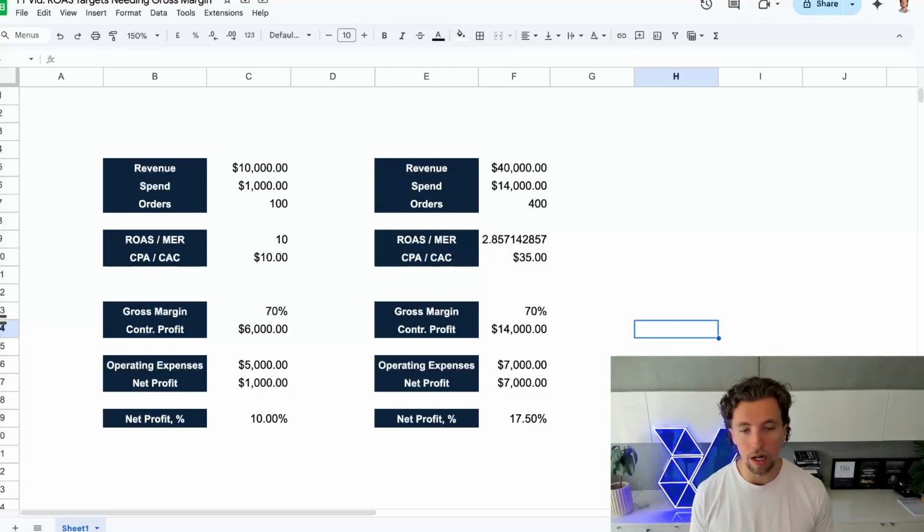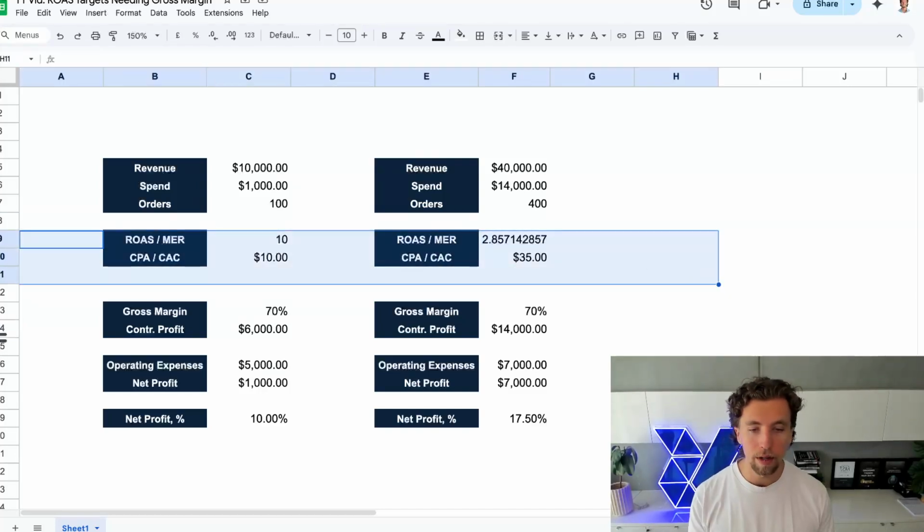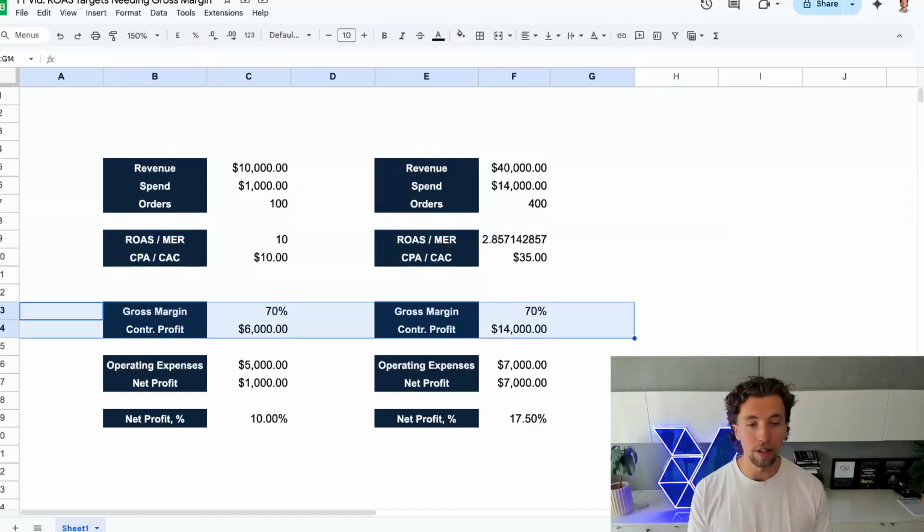If your agency is not asking for gross margin, they probably don't even understand this or know it, or else they would be really pushing hard for it, in which case, probably drop them and move to someone that's going to ask you about your gross margin, particularly within the initial discovery call and audit. If they are going to do an audit on your business and they do not ask you for gross margin, they will not provide you with KPIs and a growth roadmap that actually aligns with the financial outcomes of the business.